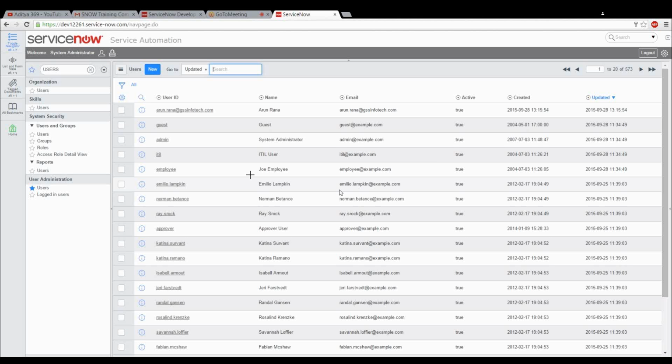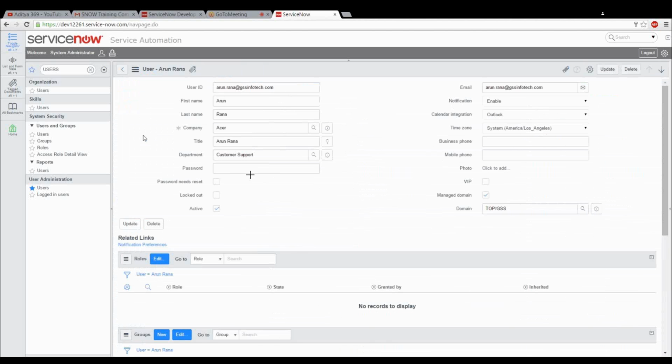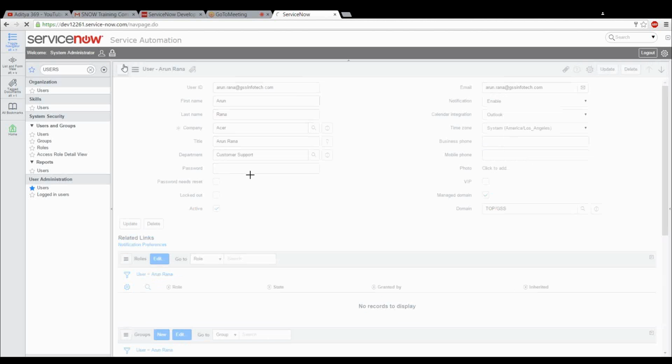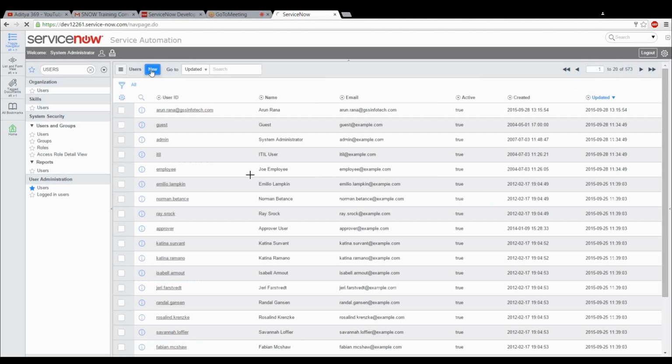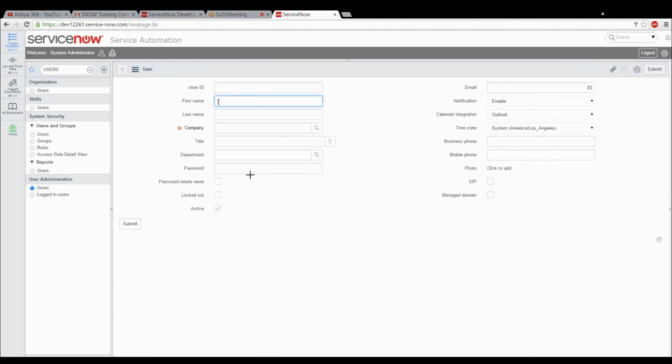So make sure whenever you want to filter data in an application, click on whatever column you want to filter, whether it is a user ID, a name, or a creation date in the available columns. This is Arun Rana. Okay, fine. So create another record with the name Chandu. One more record. Click on new and create.